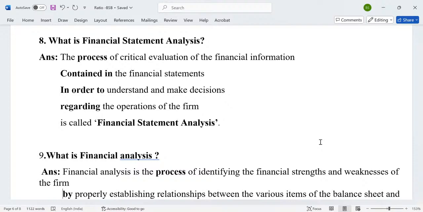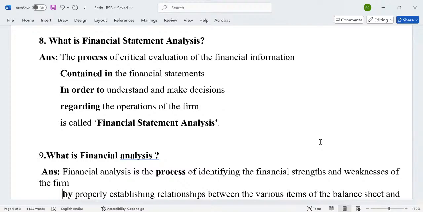A process of critical evaluation, finding the logic, finding the reason. So that is critical: the process of critical evaluation,